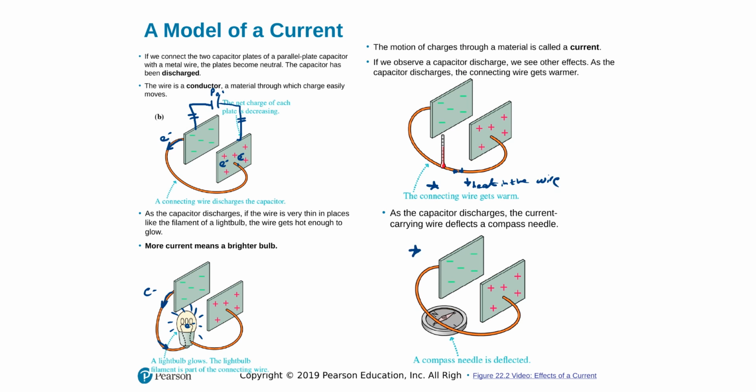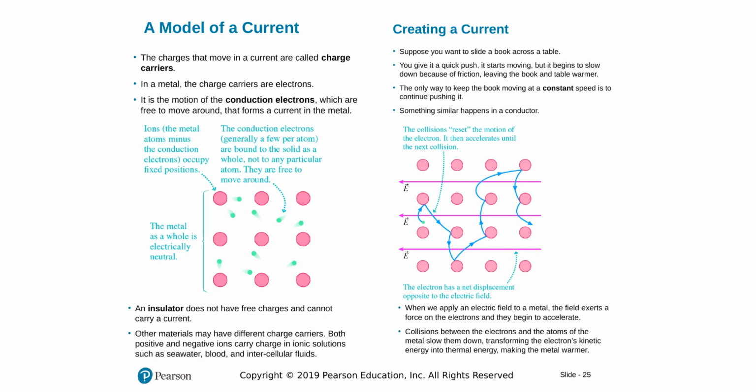We didn't get to this yet, we will in the next section, but if we put a compass under a wire where electrons are moving, they are actually generating a current. We will see the compass needle is deflected because if there's a current, there's a magnetic field. We'll get to that in a bit. So those electrons that are moving are generating what we call a current. So if we have moving charges,